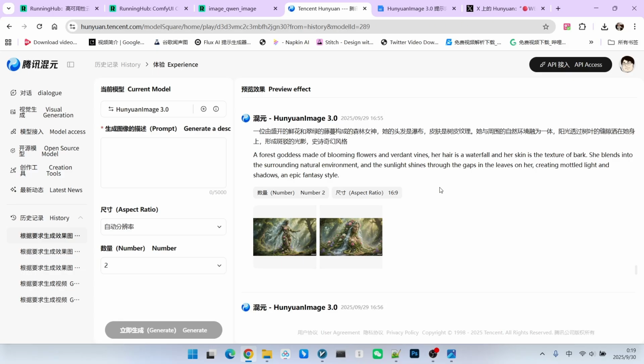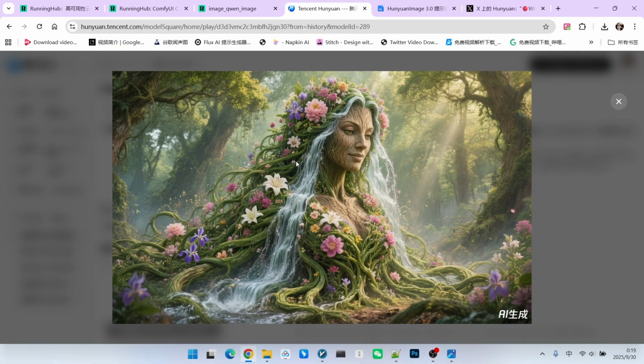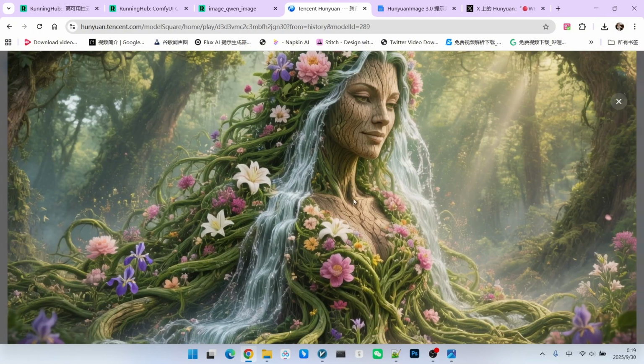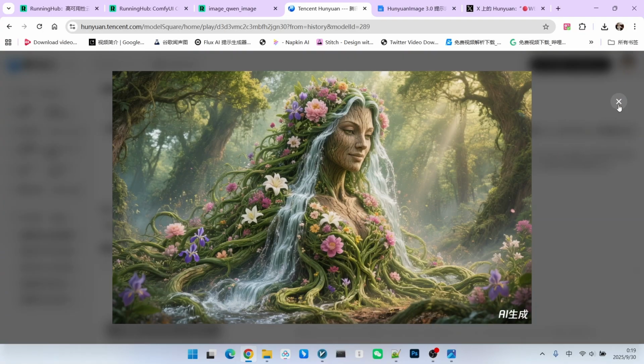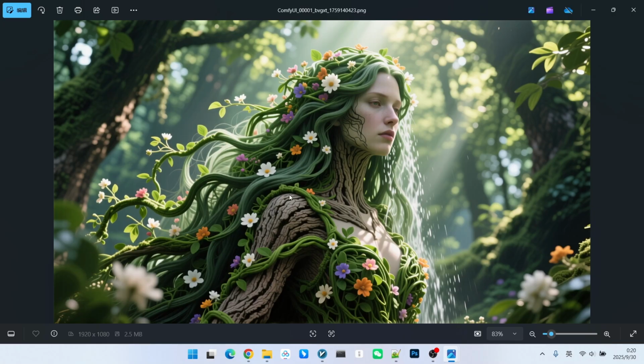This next scene is a forest goddess made of flowers and green vines. Her hair is a waterfall, her skin has a tree bark texture, and she is one with her natural surroundings. Let's look at Hunyuan's version. The compositional accuracy is there, no question, but I just don't find it beautiful. It lacks aesthetic appeal. The composition is indeed accurate: hair as a waterfall, blending with the environment, bark-like skin, but